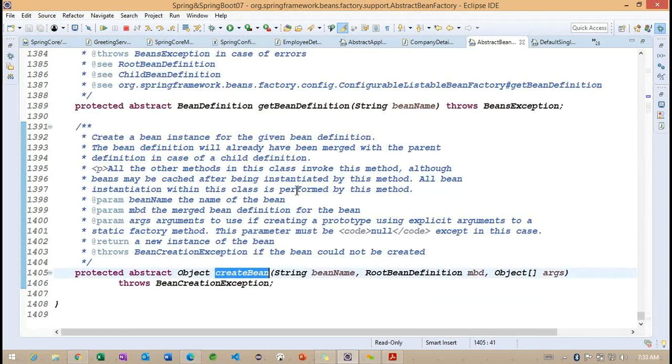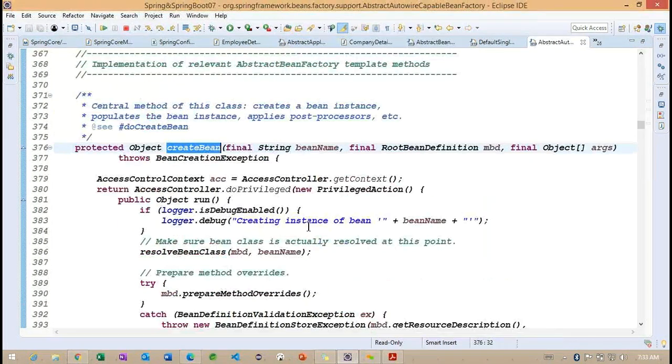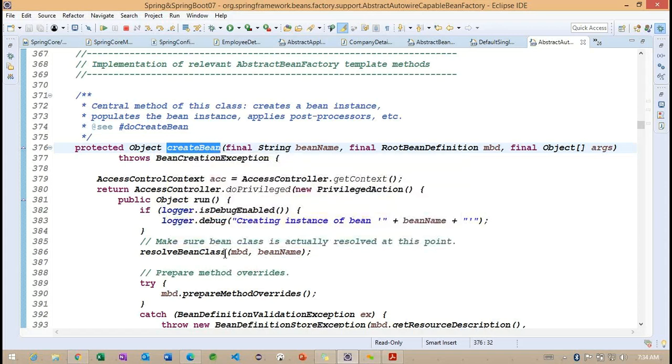Inside this particular create bean, you can observe here they are using the run method while creating this particular prototype bean. So what are they doing inside this run method? When we work on this run method, in a thread-based application, for each thread we are going to create one object.